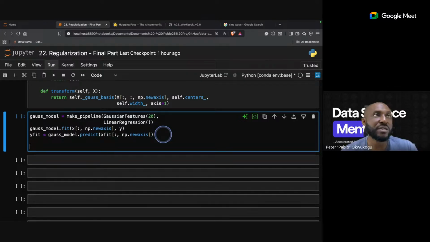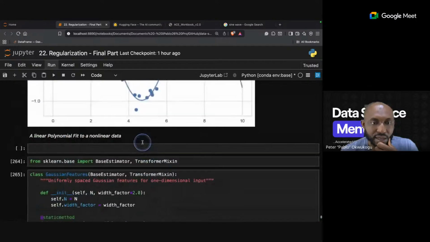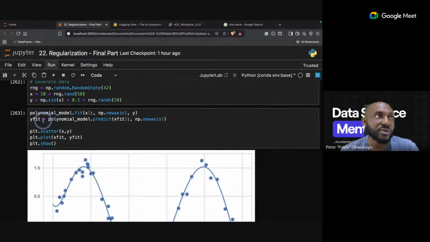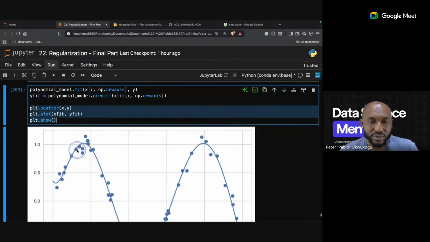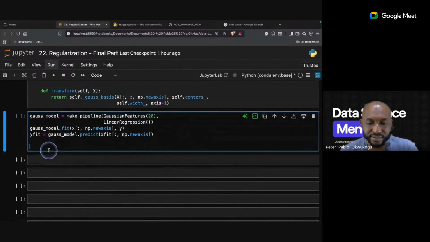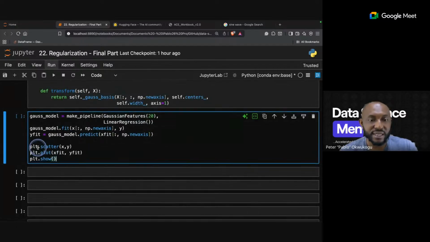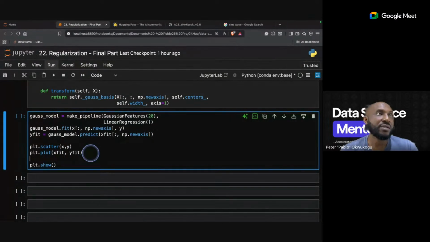Now, once we do this prediction, I'll basically copy this guy here. So we have scatter plots, and we'll plot X_fit and y_fit.